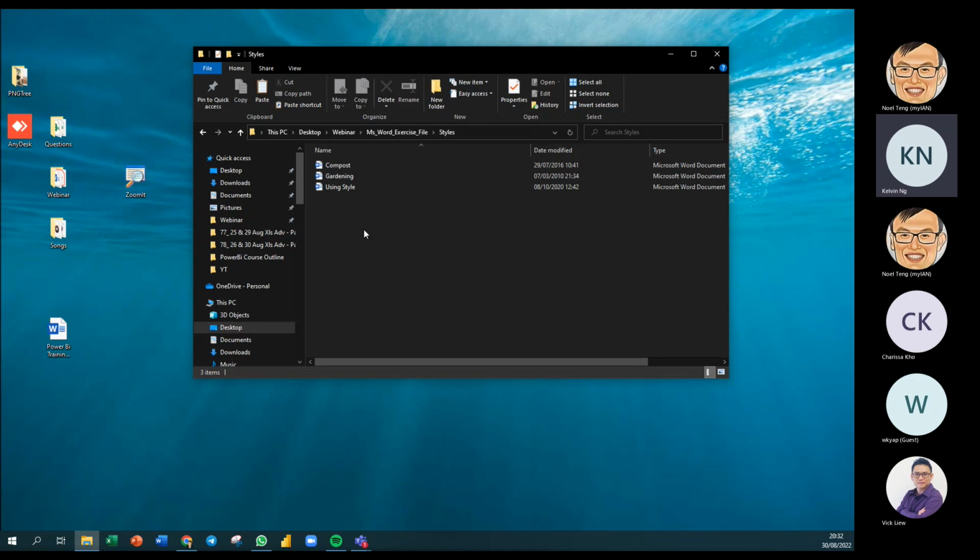Now, in this session, I'm going to talk about using styles. For the past 3 sessions, we were talking about the formattings. When we talk about formatting, those are just formattings that you do manually. So this time I'm going to show you how you can actually make use of styles to help your work, and how you make sure that when you apply a style, what kind of benefit you get using